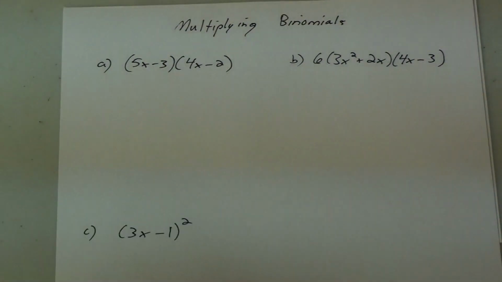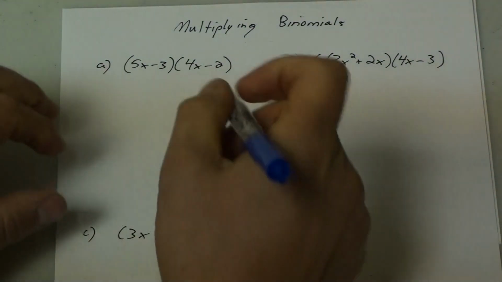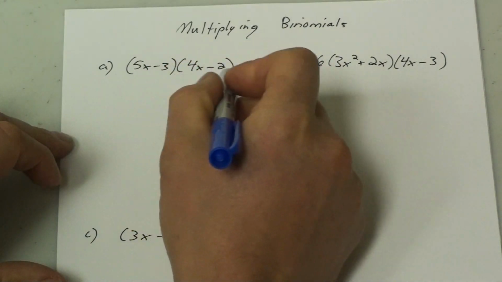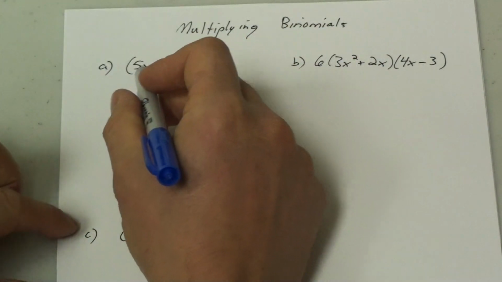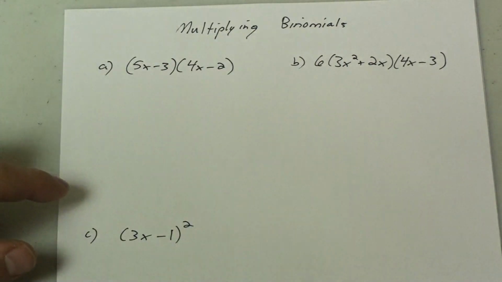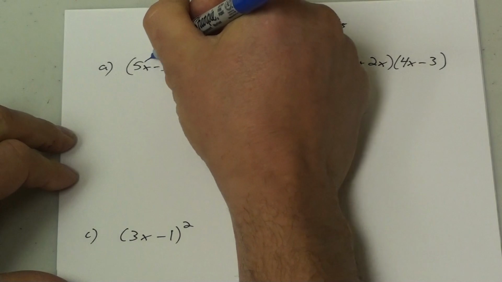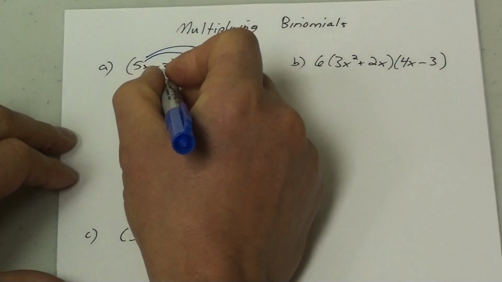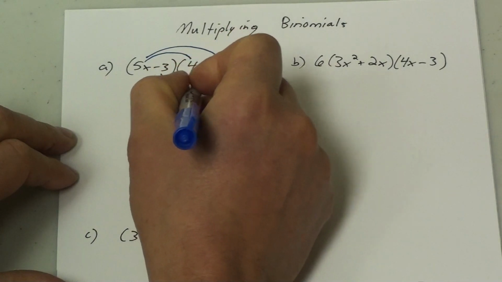Okay, a short lesson on how to multiply binomials. So I have one binomial multiplying another binomial. Binomial, two terms. Now both these terms need to multiply into both of the terms in the second binomial. So 5x needs to multiply to both those terms, and the negative 3 also needs to multiply into both of